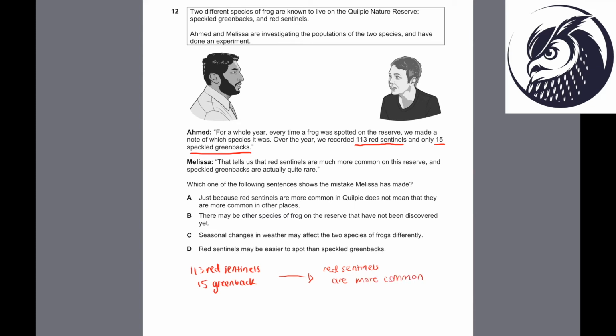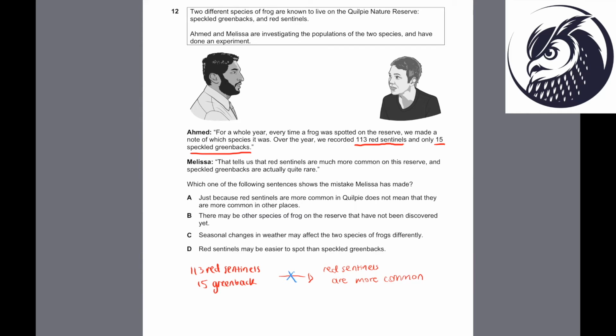So now we need to figure out one of these answer options from A, B, C, D has to break this logic, okay? Might use a different color to show that. Okay, so they break the logic of Melissa's conclusion. Okay, so let's have a read through our answer options. It says that A,